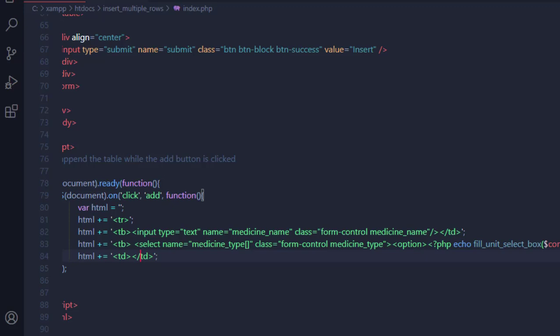So now within the TD we are going to have the button, so opening and closing tag for the button. Our button will have a type of button, and we are going to give it a name of remove,